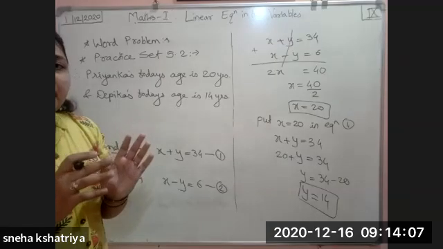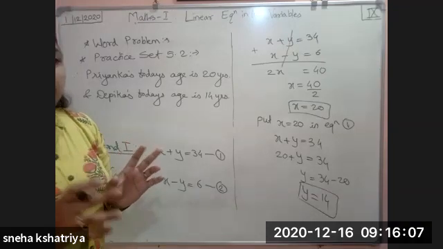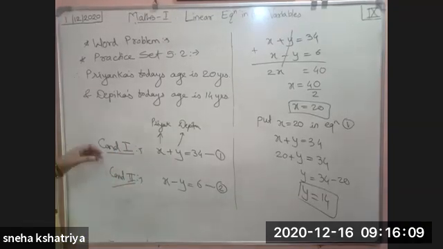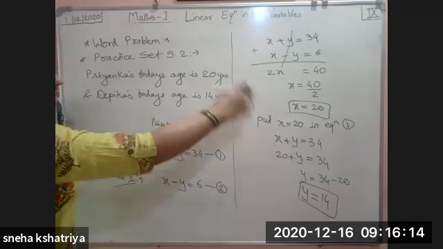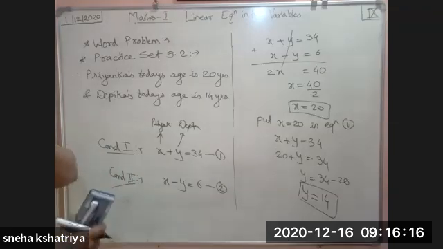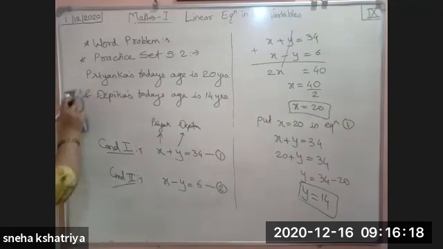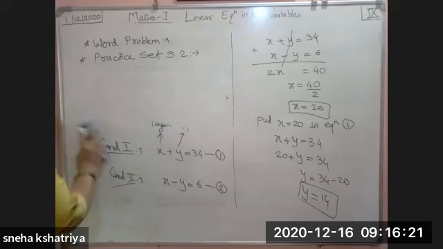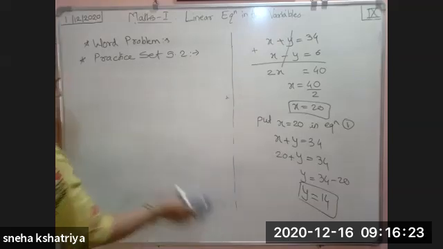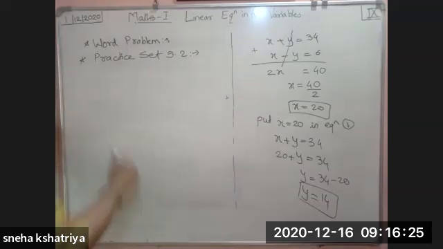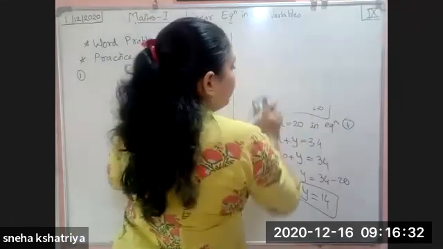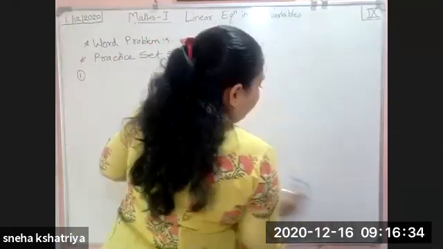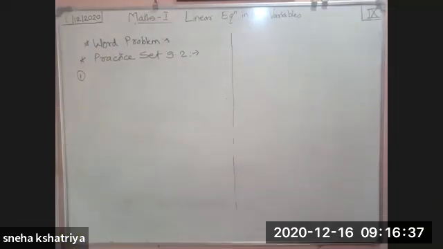Whatever the statements are given to us, that we are going to understand in the next example also. So simple, we have converted whatever the word problem into mathematical form, and afterwards it is the solution. That is very easy. Okay. Now we will see the first example. The one I took was a very easy example. First one is a little bit hard. We have to think more about it. So that's why I'm now going to take the first example.